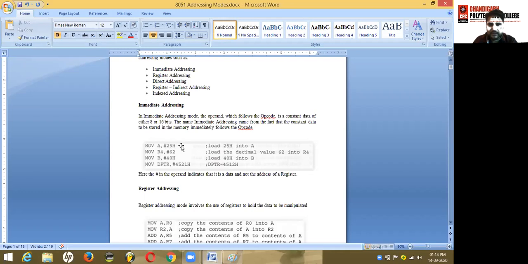The H sign shows the hexadecimal value, that 25 is a hexadecimal number. Here 62 shows the decimal value that you are going to load into the register R4. Here the hash sign shows the immediate mode of addressing, immediate movement of the particular data that you are going to transfer in the particular register.